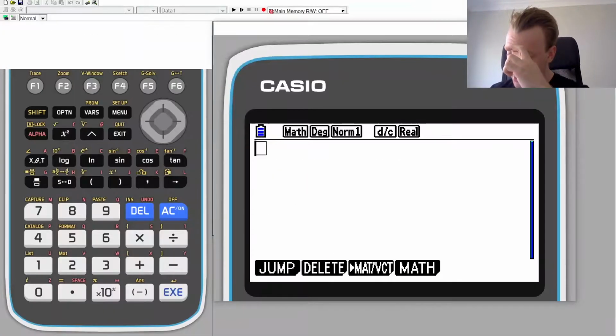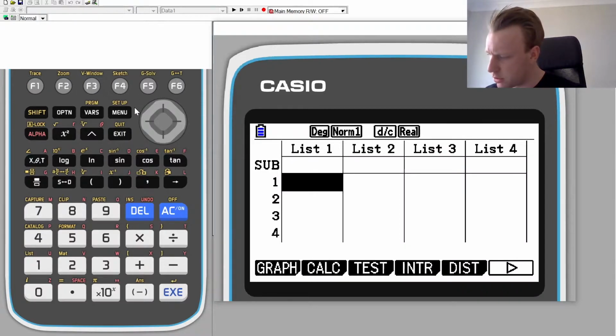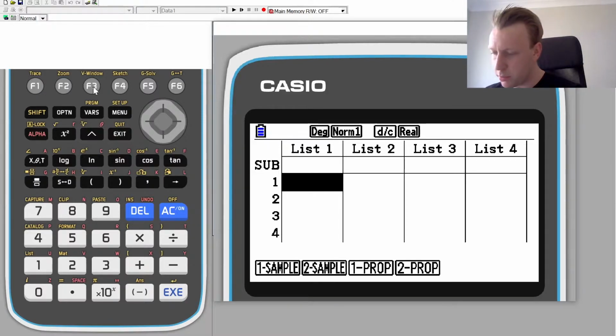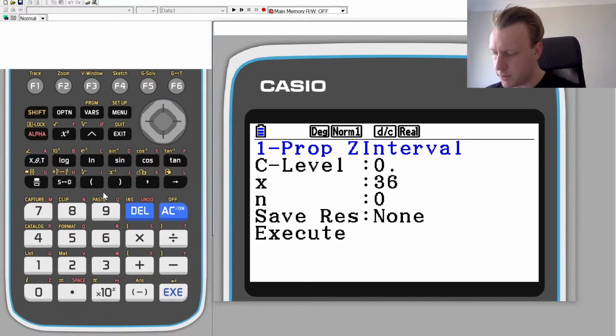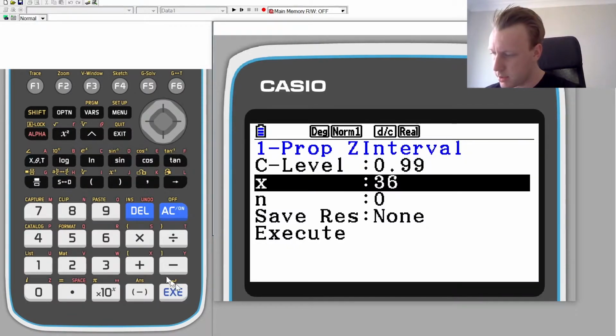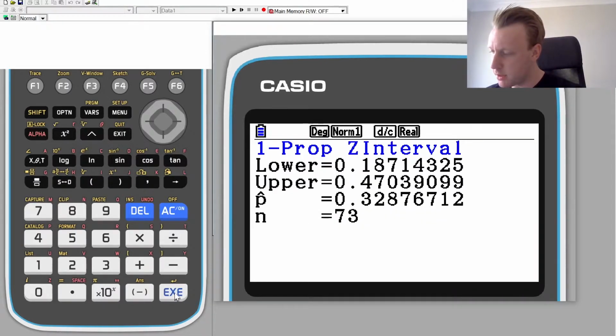This is where we're going to find this nice little button here. We go menu, statistics, intra, I don't know what it stands for, Z scores, and we are dealing with one proportion, or like a proportion of one variable, where our C level is confidence level, 99%. We had 24 from 73 tree loppers getting injured. So I'd say